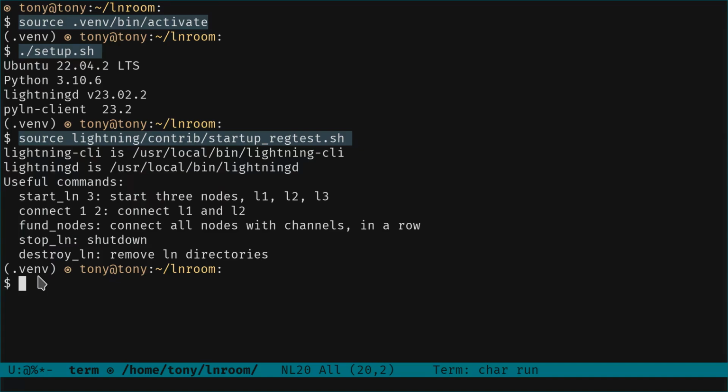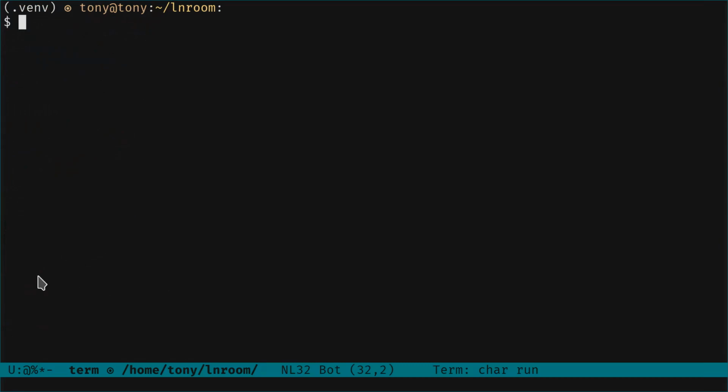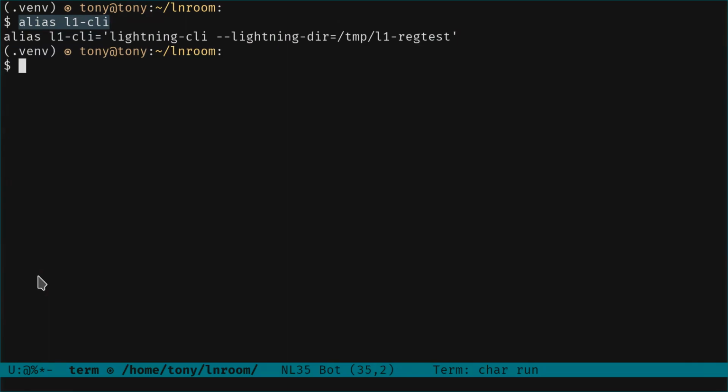So by running start_ln, we are exactly doing this. Then we are going to first look at l1-cli. This is the alias for lightning-cli for the first node, with lightningd being a temporary l1-regtest. And now we can